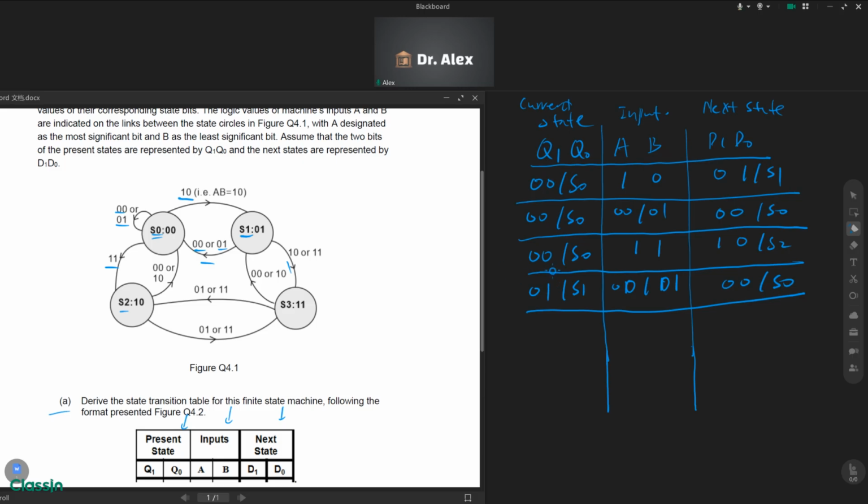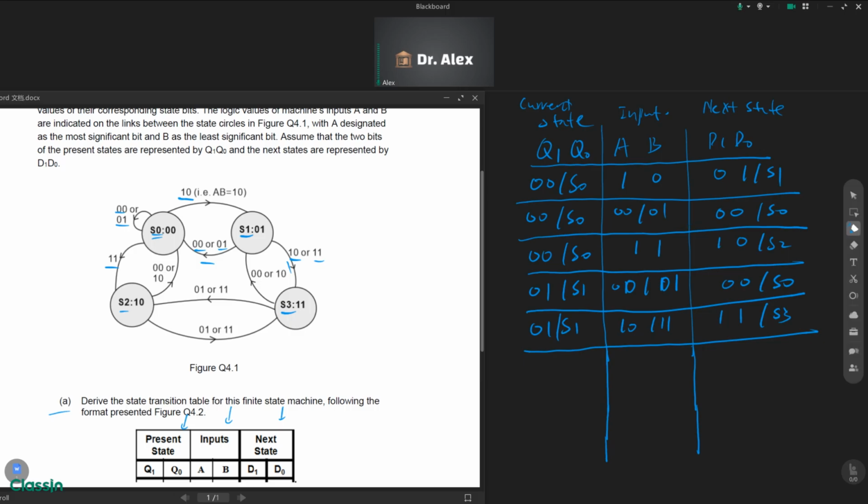And for the other case, we still start from 01, which is state 1, and when the input is 10 or 11, it will go to state 3, which is 11, state 3. Okay,